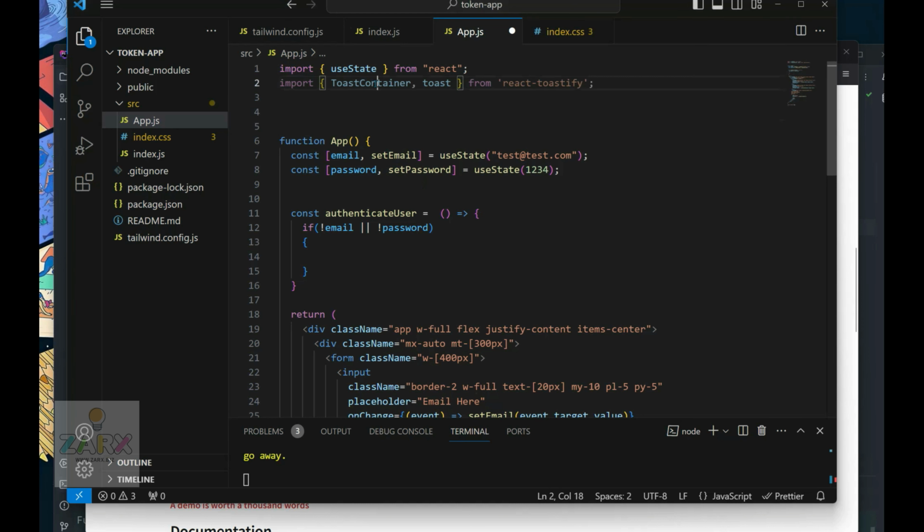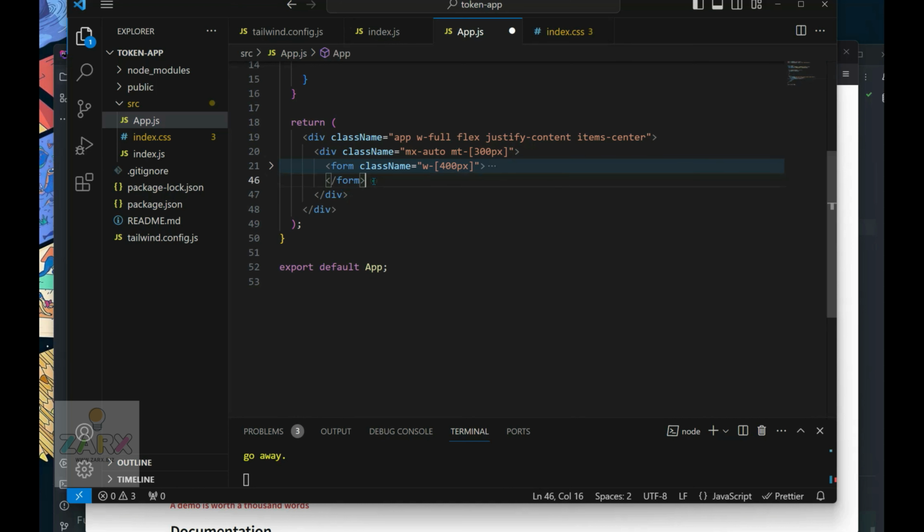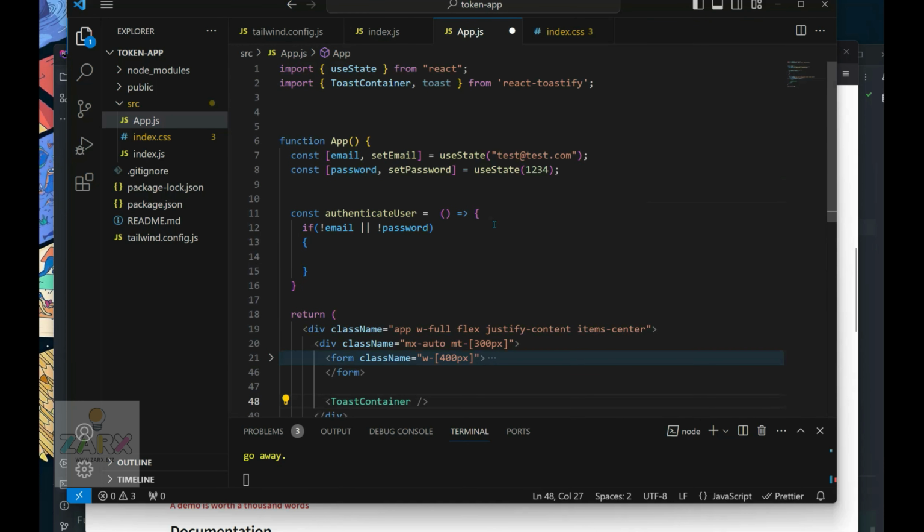So we need to copy this, and here where the form is ending, I call this like this. Alright, so this is required to include according to the documentation you can see here at the bottom, and then you can show your messages like this. Just put like this. So you go back here, and here where we have that both email and password not present, I want to change it to email and password both